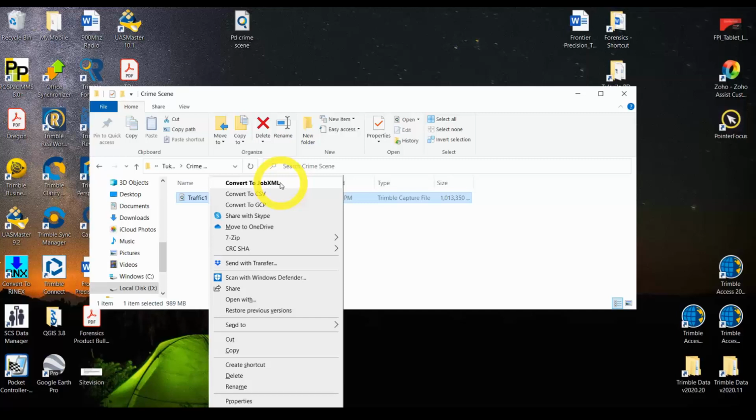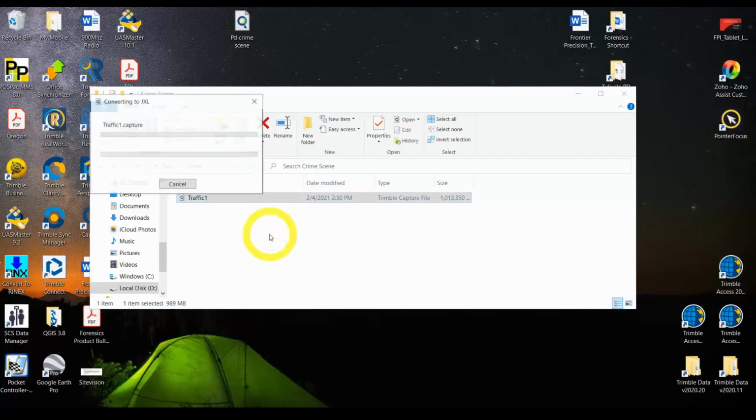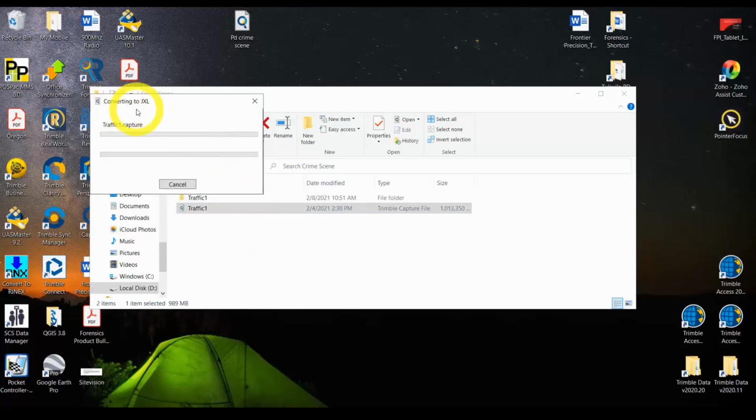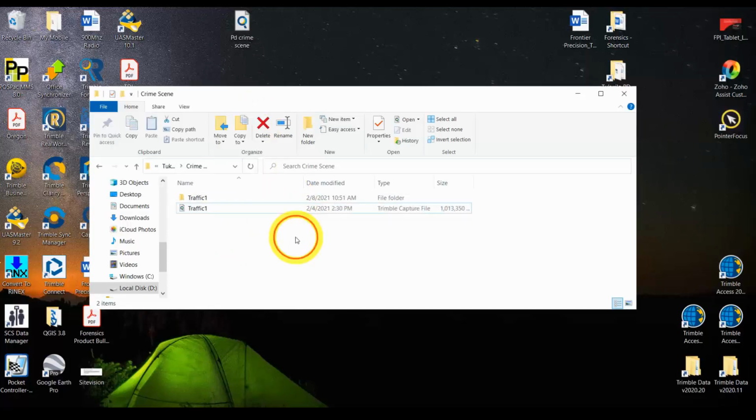So I'm going to click on this, and this little conversion is going to say convert to JXL. At this time, we will not get any status. When it is complete, this screen will go away. And what we're creating is in the same file location as the capture file. It's actually creating a file folder, named the same thing as the capture file. It's not complete yet, but I'm going to go in here,